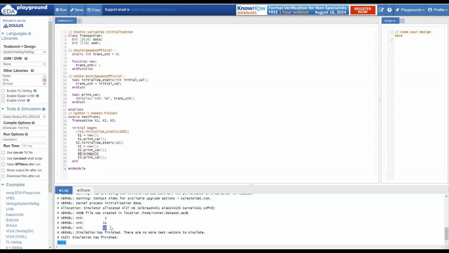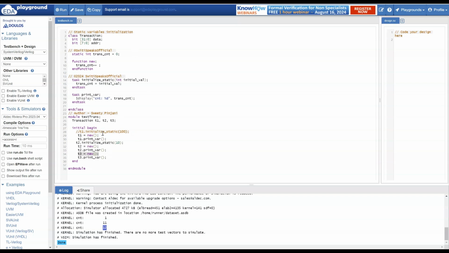This is how, if you want to start your initialization from a particular object, or even after having a default initial value, you want to give certain other initial value as per your test case, you can do that using a task. I hope these coding examples and these lectures are helping you to understand VLSI concepts in easy language. Again, this is just a sample example.